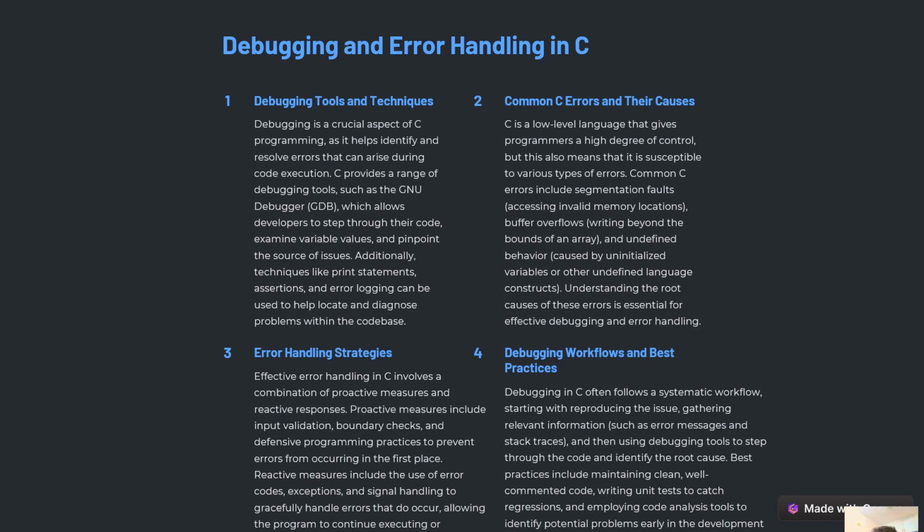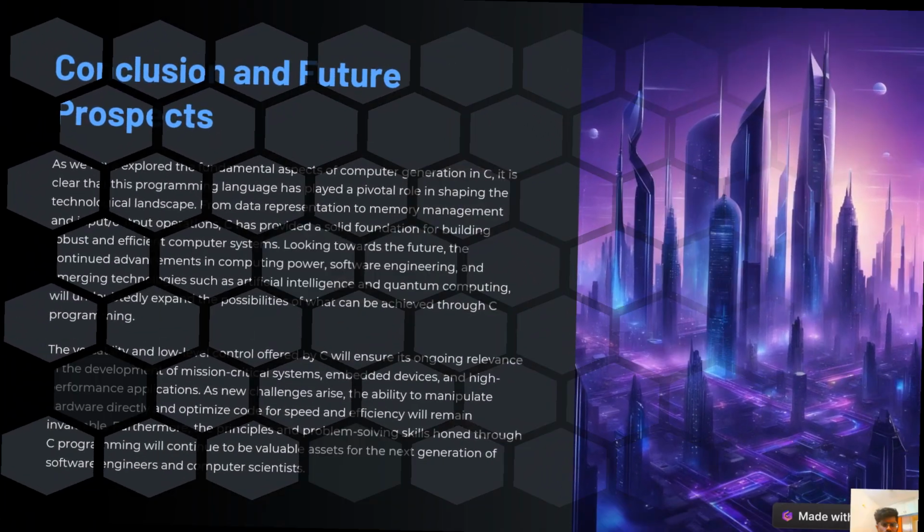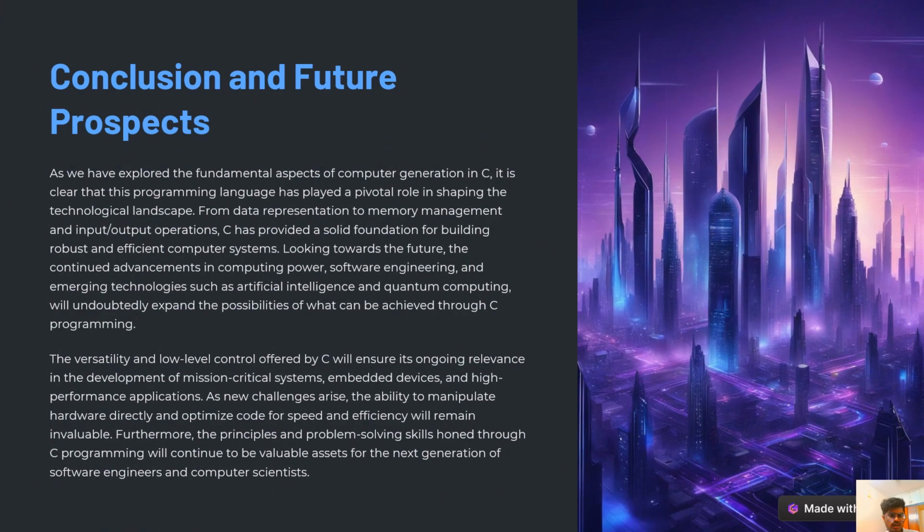Now let us come to the conclusion and future prospects. As we have explored the fundamental aspects of computer programming in C, it is clear that this programming language has played a pivotal role in shaping the technological landscape. From data representation to memory management and input-output operations, C has provided a solid foundation for building robust and efficient